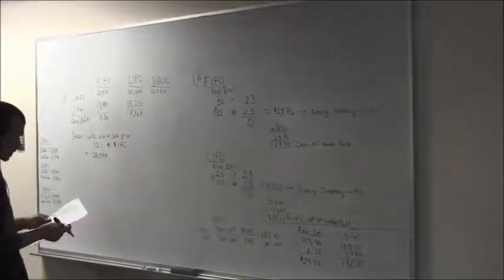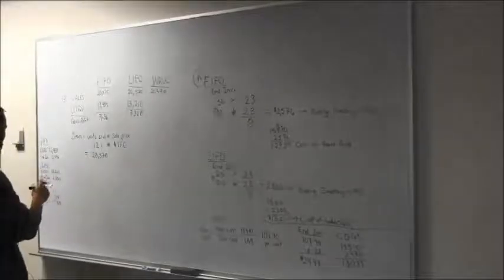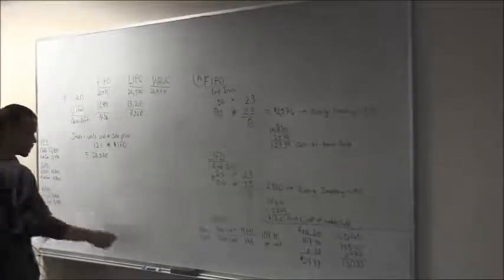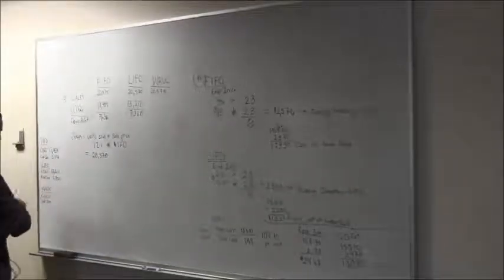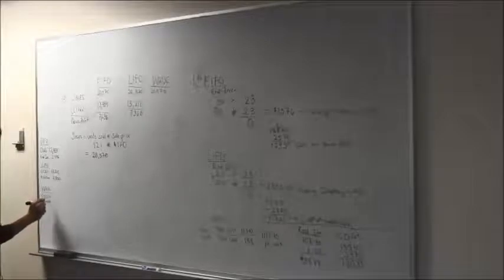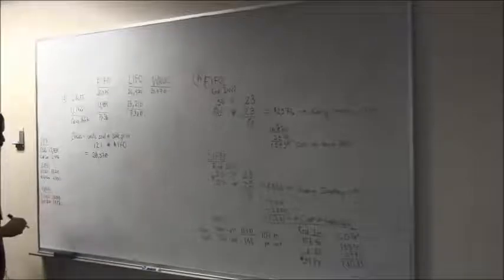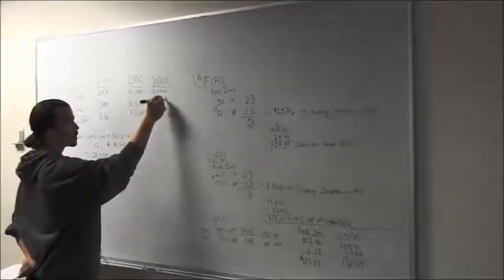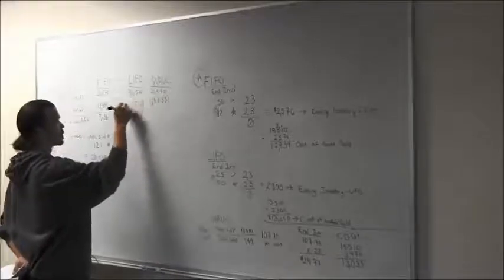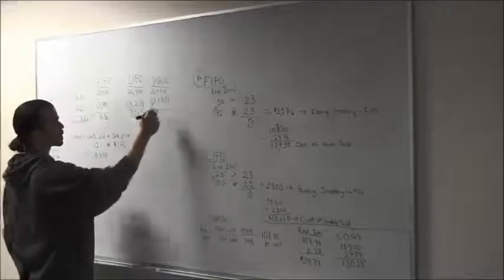And then we do weighted average unit. We have a cost of goods sold of, oops, I got these two mixed up. Okay, of 13033. And that will give us